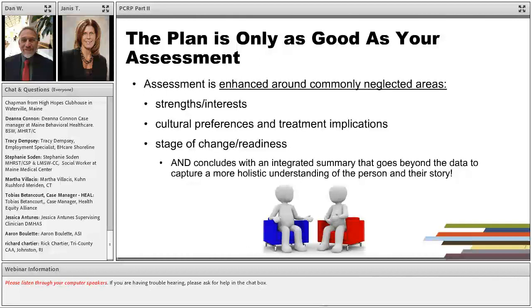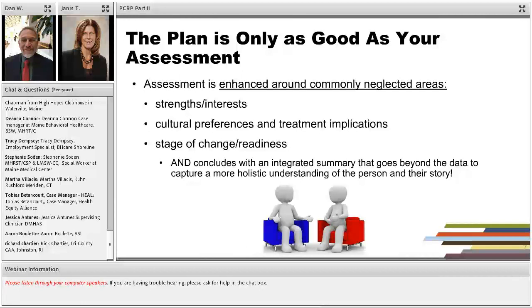We do a lot of writing recovery plans around this country as if everyone is at an action stage of change. And in some cases, we really need to take a step back, and we need to maybe be more modest, and we need to really, truly meet the person where they're at. And that has implications actually in the documentation, how you write goals and objectives and so forth. And lastly, what I would say is that before you can write a good quality recovery plan, that has to have a foundation in a more holistic understanding of the person that's typically reflected in an integrated summary, right? So you have your comprehensive assessment, you have your recovery plan, but in between, typically we're writing some kind of a summary about how we understand the person's story.